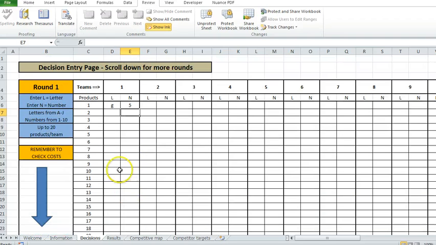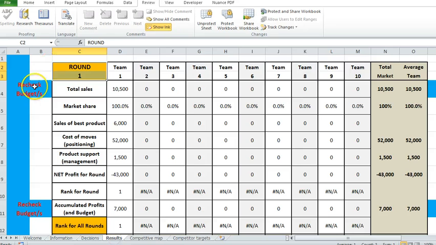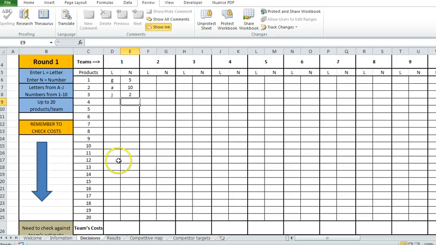whether or not they're under budget. So they start with 50,000 points, so let's put in something that's going to be quite expensive. So 50,000 is just still okay. If we add one more, suddenly we're over budget, and we've got this message over budget, and on the results page we've got recheck budget responses all the way around. So students just play around with these numbers. Let's take that one out,